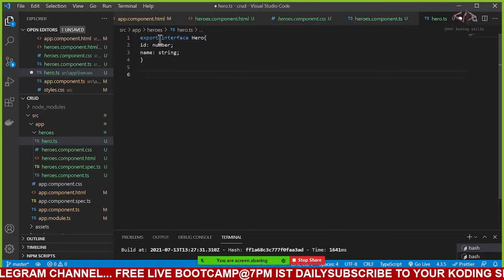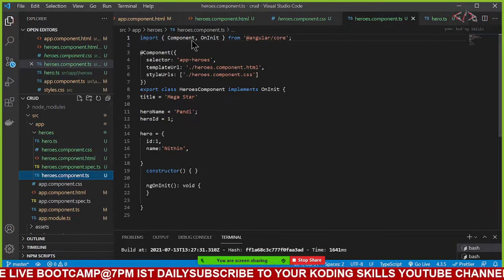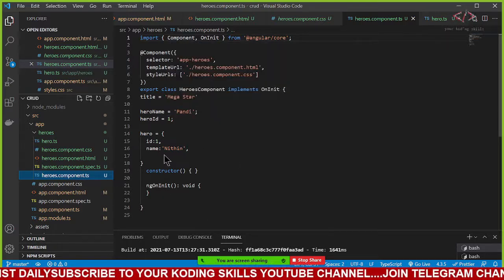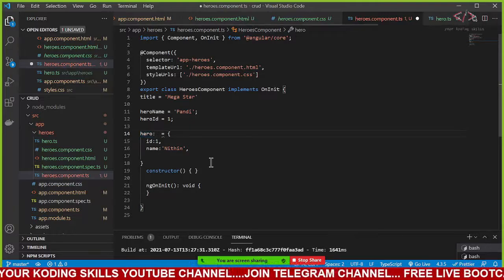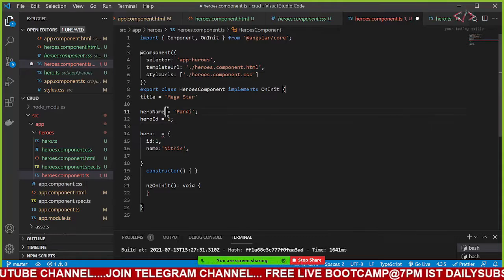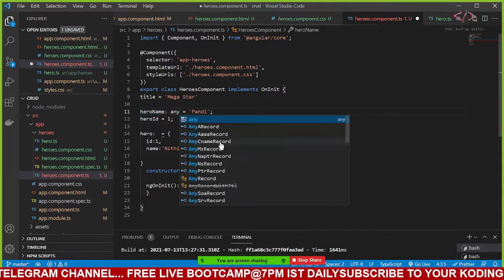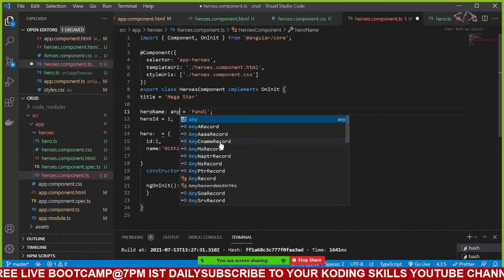Now I will go to my hero.component.ts. In this, I want that interface here, to say what the type is. If you have seen in Angular, for any variable, for example this Pandi, what you see here is a string. So I'll give a colon, and if I say any, it can be a number, an array, an object, a floating point, anything.